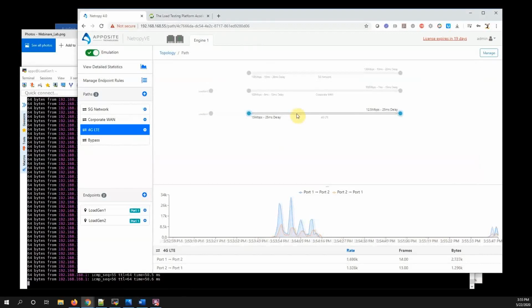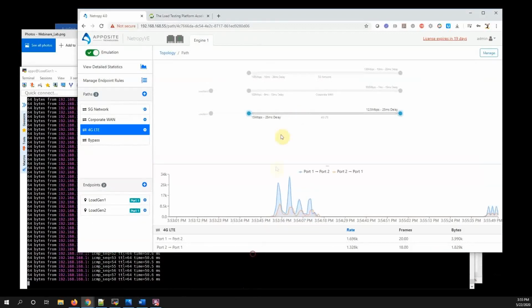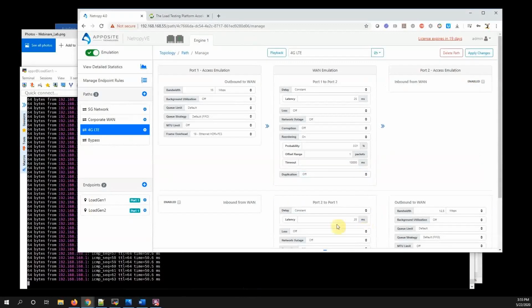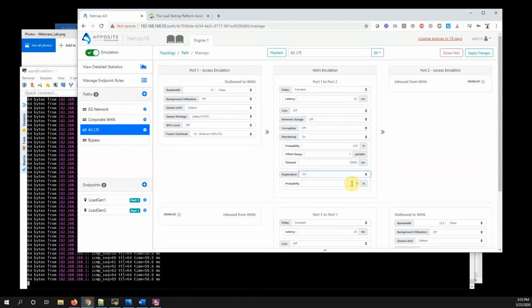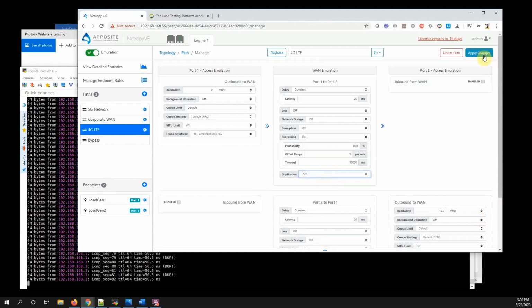right? And maybe we want to make some changes on the fly here. Maybe we have a situation where it's a UDP product and we might see lots of duplicate packets. Say a 70% chance, this is unrealistic, ladies and gentlemen, but a 70% chance of duplicate packets. So I'll apply here, and now we start seeing duplicate packets down there. Great. Go ahead and turn this off again. Apply, and then we'll see the duplicate packets disappear.